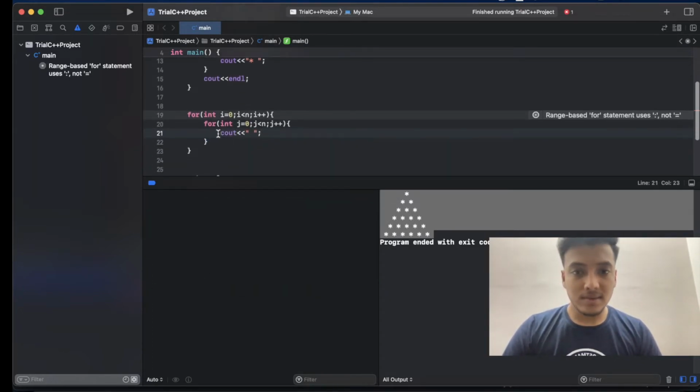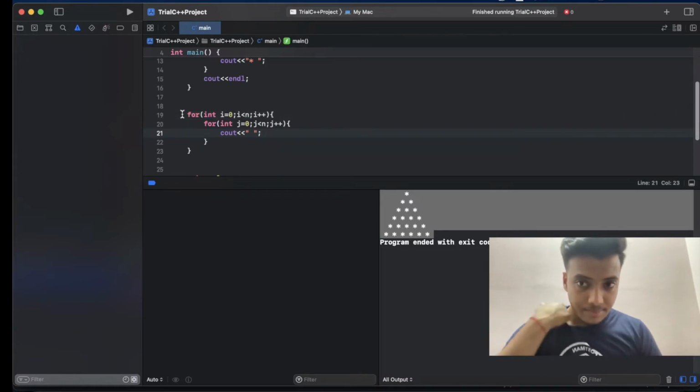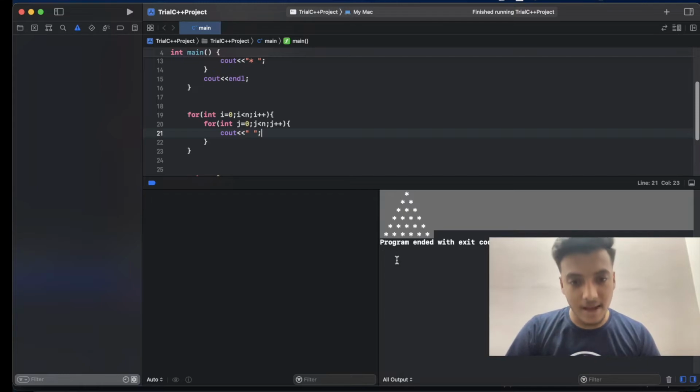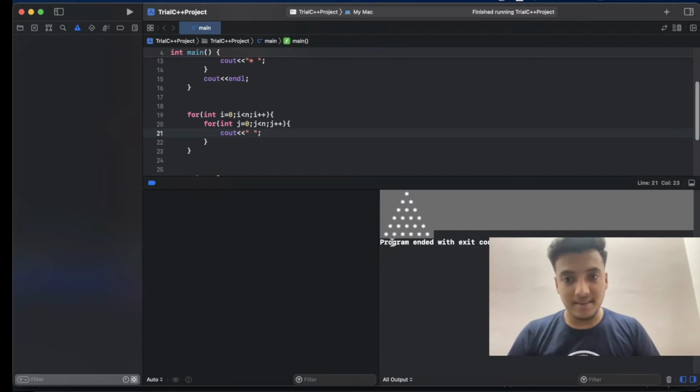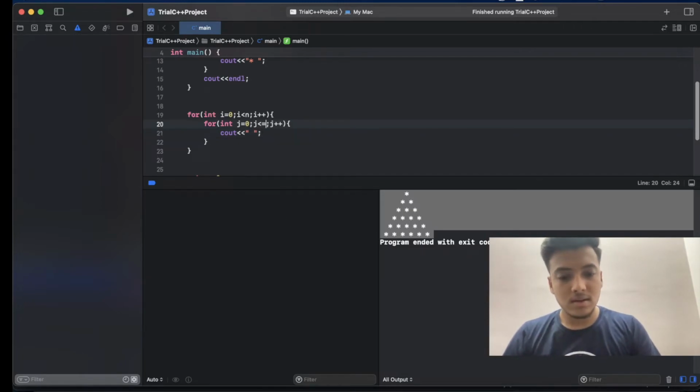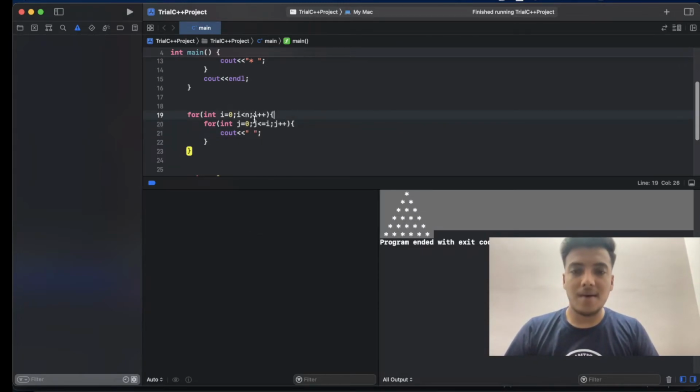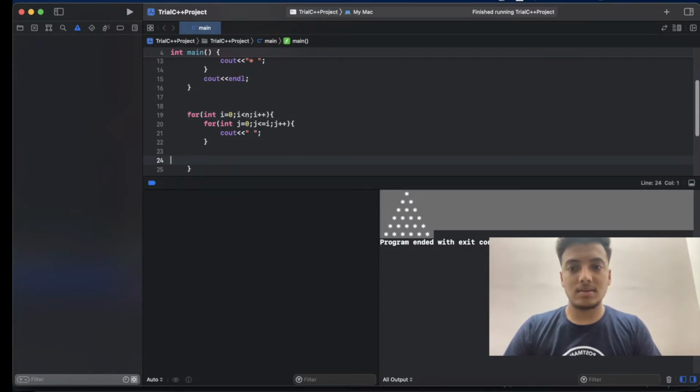Now since this is the second half of the triangle, we will have a space here, so the space will increase after every single time. So here we have to change the condition to j less than or equal to i, and then cout another space,